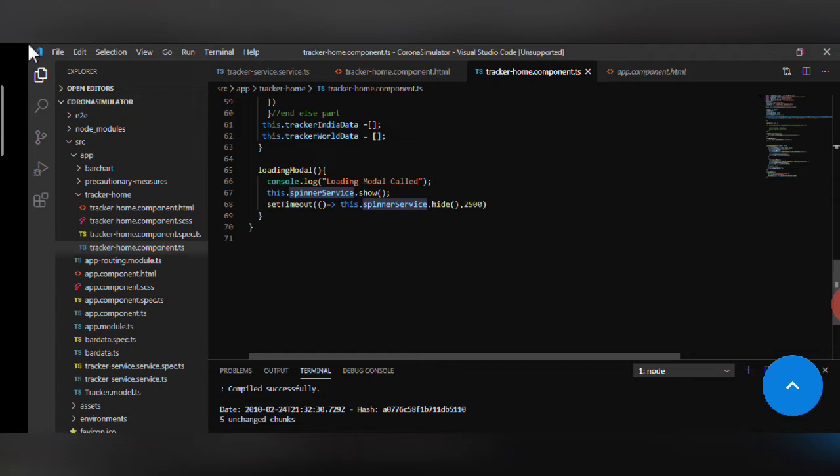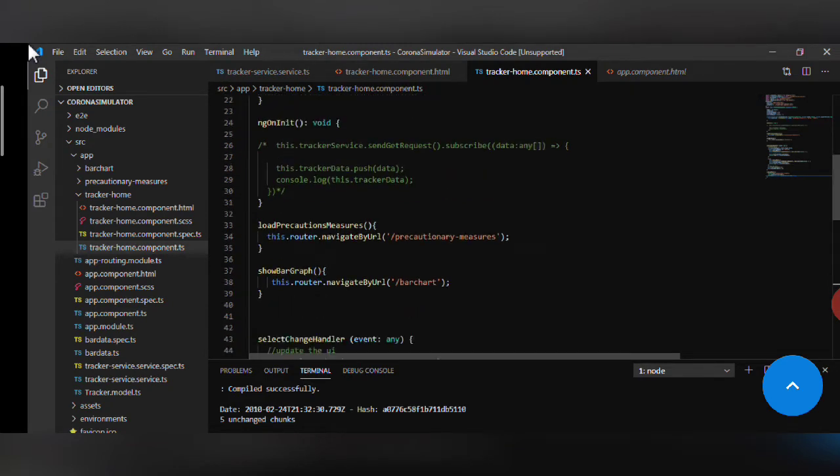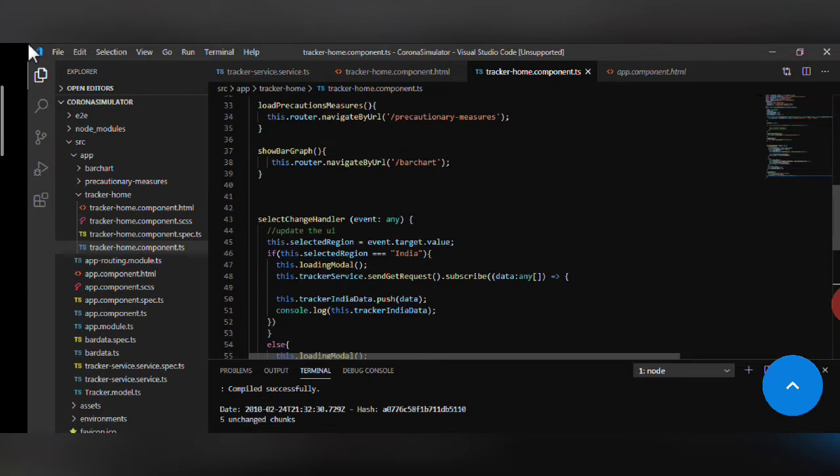I will provide the name of that website in the description. And once it goes into the timeout parameter, and 2.5 seconds are over, it will hide that symbol.